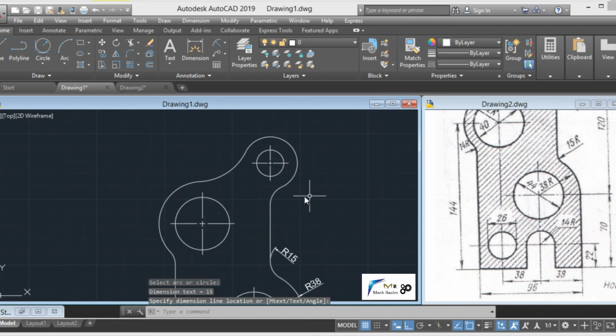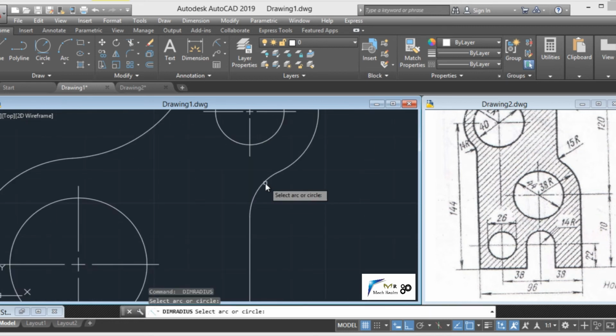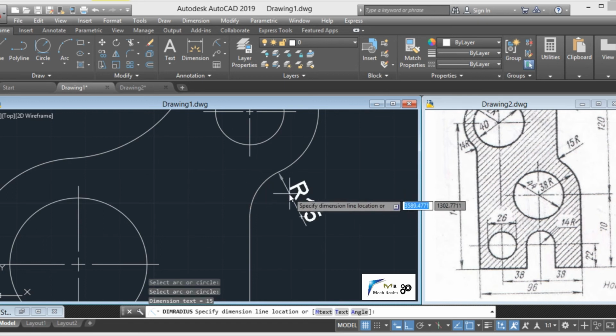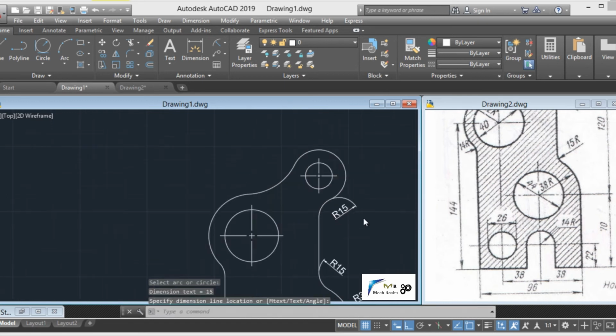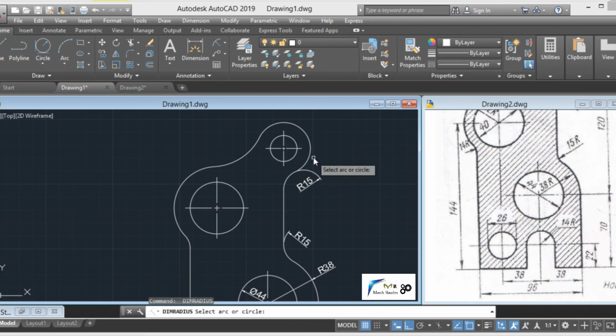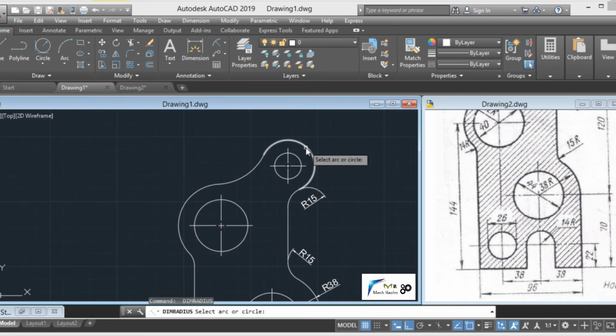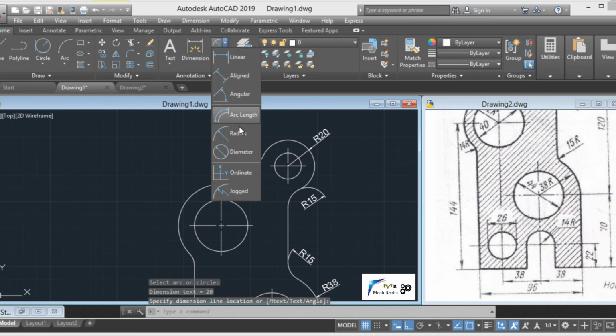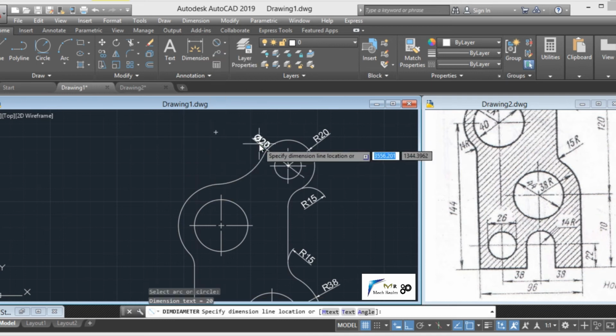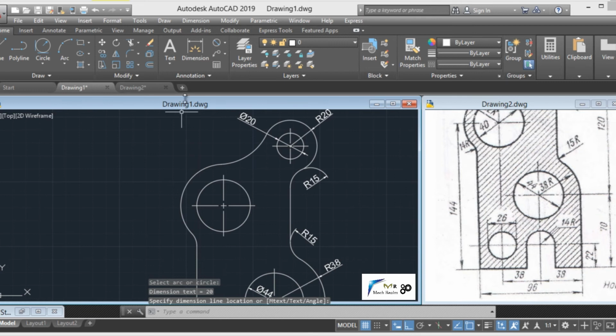To repeat the command, simply press enter key. This radius also of 15 mm, this one of 20, and diameter of this inner circle to be 20.